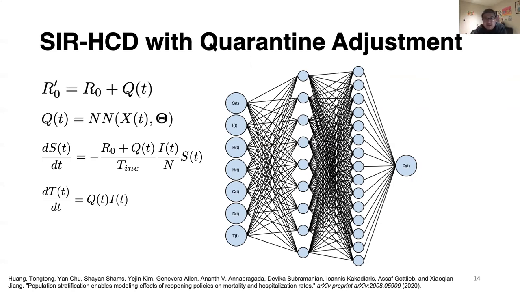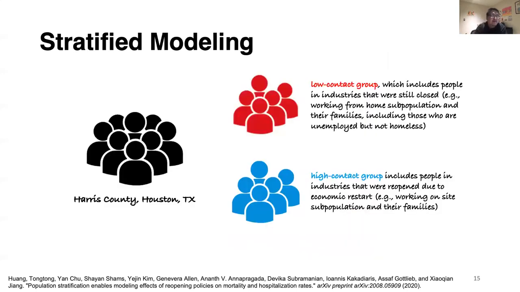And the deep learning adjusted SARCD model shown here is trained by minimizing the weighted mean square error loss function, as we showed in the SUEIR model, with the Adam optimizer over 1,000 iterations. And the loss function calculates the weighted average mean square error. And the author further proposed another interesting strategy, which is to